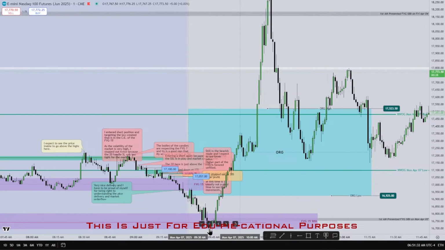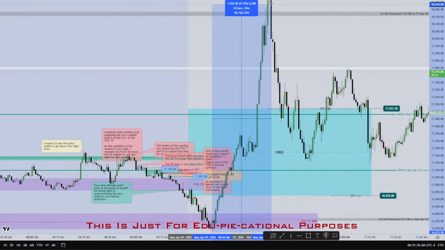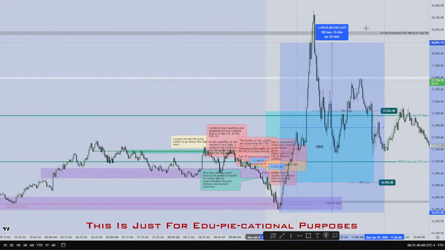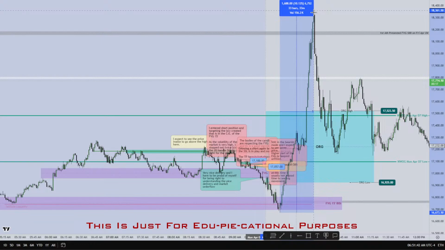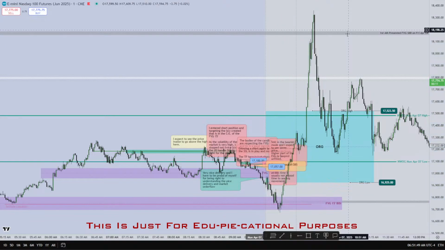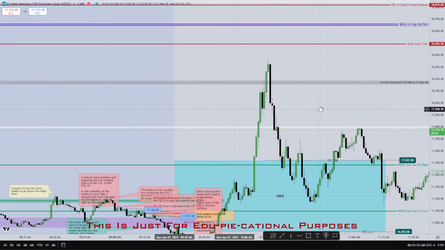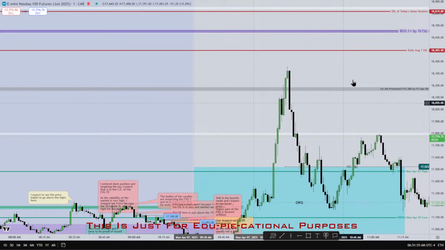If we try to measure, we have a move of, sorry, 1000, almost 700 within 33 minutes. It's quite amazing. Okay, anyhow, here we were having some daily sell side liquidity and new day opening gap from